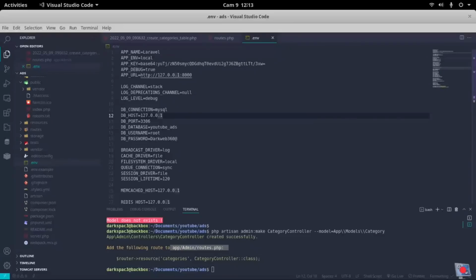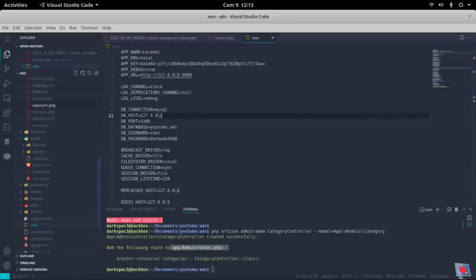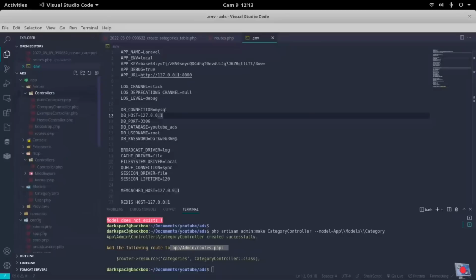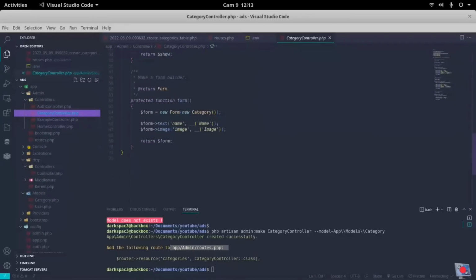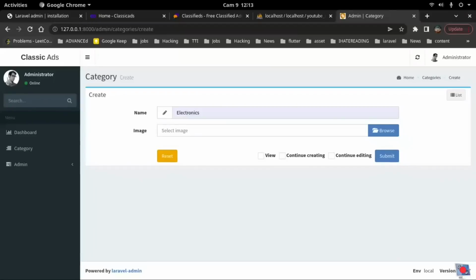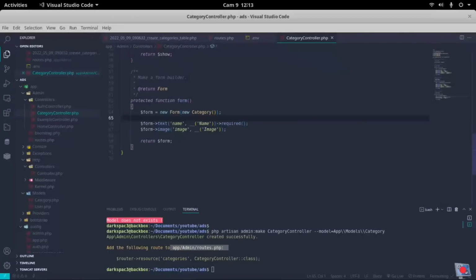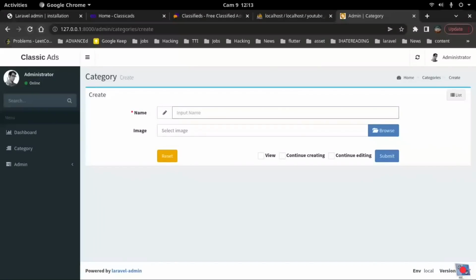And let me just show you something that I'm talking about instead of just saying it. So if you go to admin controllers, we have this category control over here. Now if you go down to forms here, I think there's a function called required that if you call, it will automatically want you to add that particular value, so to speak. You see there's a star over here, and I can also add required over here, right? So it means they are needed. If you don't add them, then you should probably add them. You see, please fill this field, please fill this field. Okay, something like that. So we have electronics,